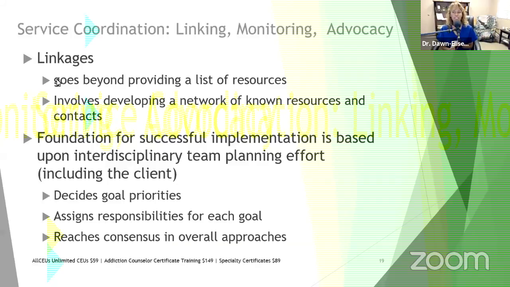The foundation for successful implementation is based on interdisciplinary team planning effort. And this team includes the client. We're not just doing all these things behind the scenes and telling the client what to do next. We're involving the client in this process to decide their goals and priorities, to assign responsibilities for each goal, and to reach consensus in the overall approaches.